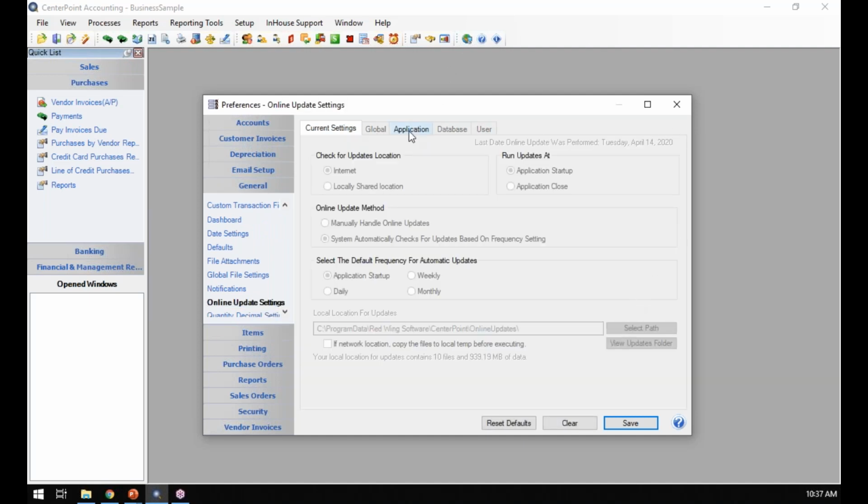The Application tab is the only tab available on this preference setting, which means that it's a setting that is set on each computer individually, or each person's login if you happen to be in a cloud environment. If you look here in the middle where it says Online Update Method, the default setting on CenterPoint is to check for